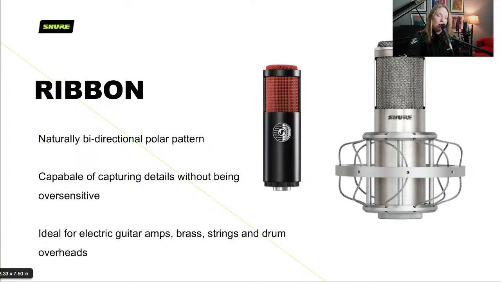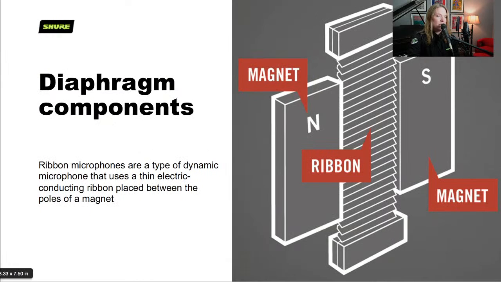So those are ribbon microphones, and these are actually the oldest. A lot of people think they're the newest, but the technology is somewhat similar to a dynamic in that it works with a magnet. So instead of having that magnetic coil, it has a very thin piece of corrugated material, and that's the diaphragm, and it's suspended between two magnetic poles. So when that moves back and forth, you get that magnetic field. So that's what we're talking about there in terms of the basics of the three different types of microphones